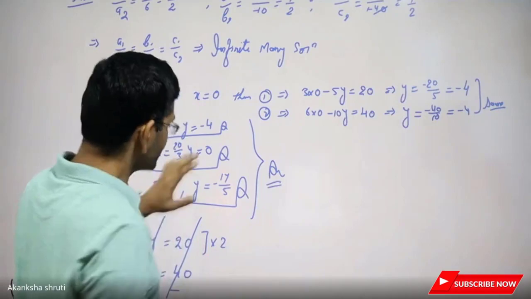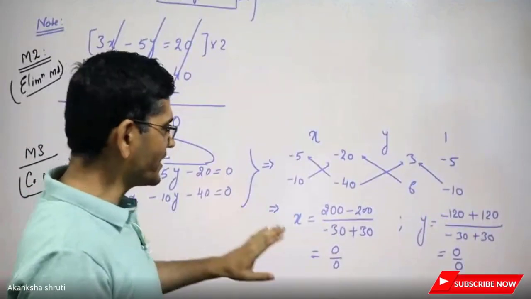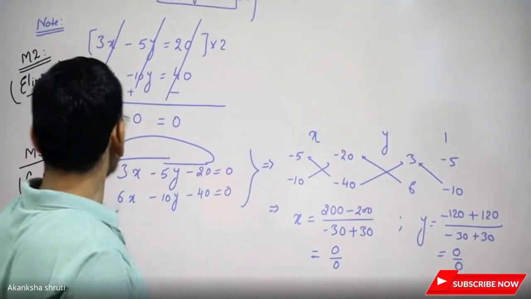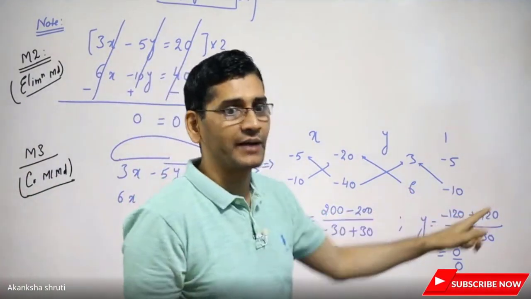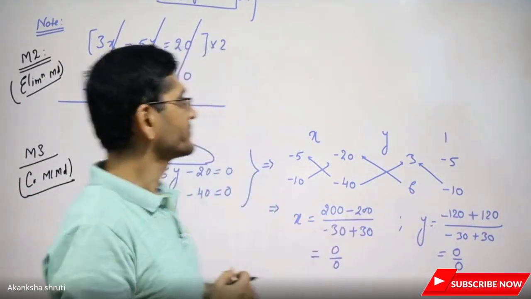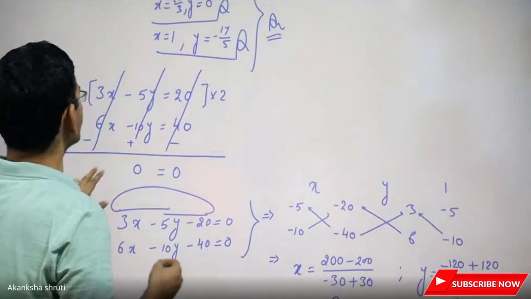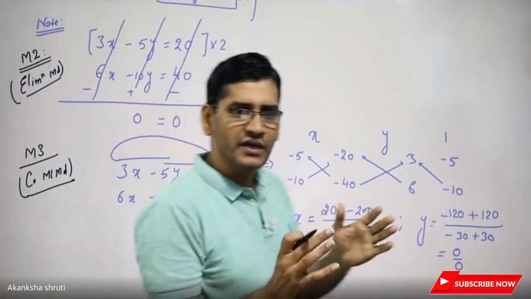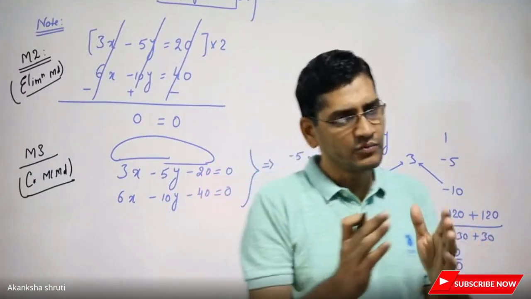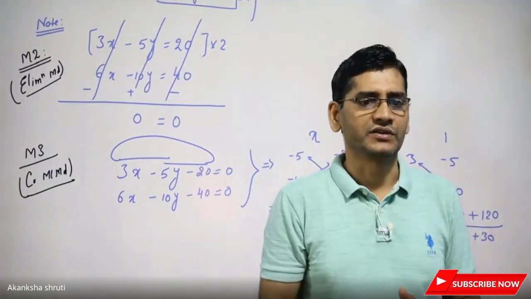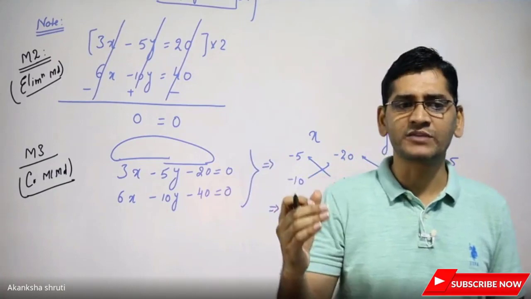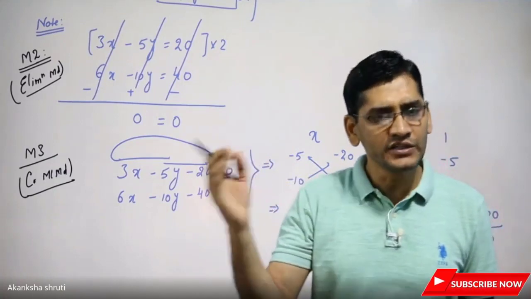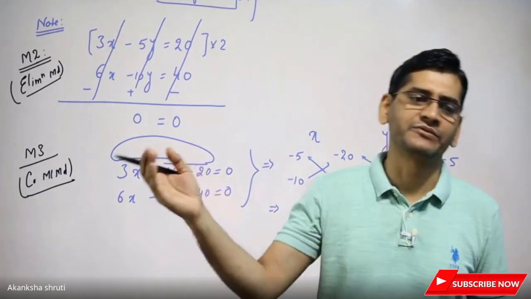Okay, now in this case, x and y are possible, but not able to be calculated by any of these algebraic methods. Keep in mind, students, if we go for the substitution method, again both x and y will get eliminated. Even calculating from one and substituting in the other, you will be left with neither x nor y.